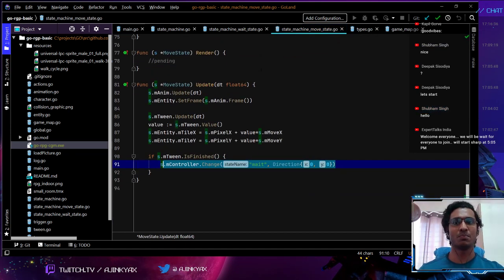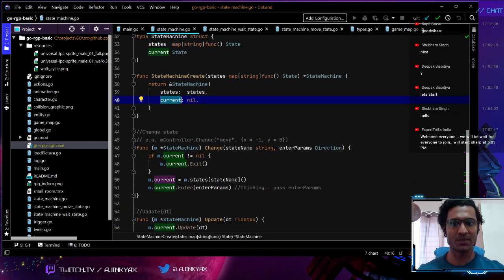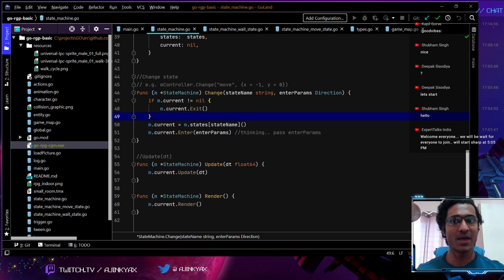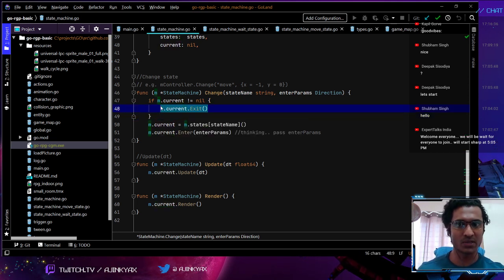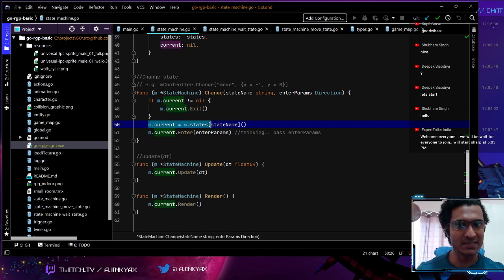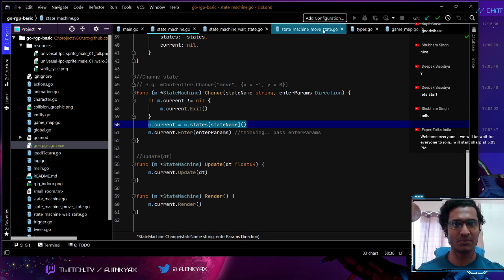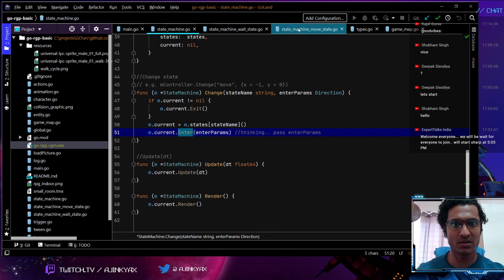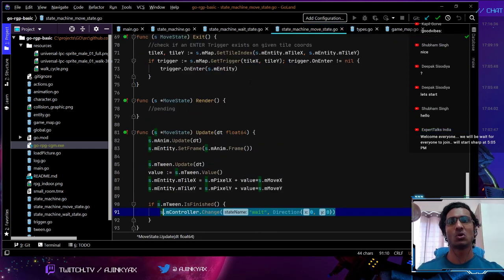And when controller.change is being called, the state machine picks up that. We are calling this function over here. Okay, and we are exiting the previous state, exit current state, where is previous one, and we are replacing the current state with the new state. So in this case, it is going to be state machine move state, and we are also doing an enter. So current state dot enter. So this move state has to have a method called enter,